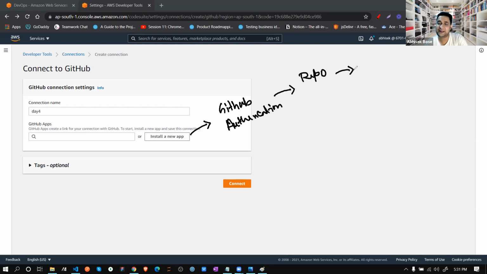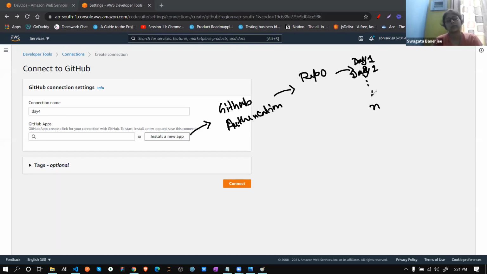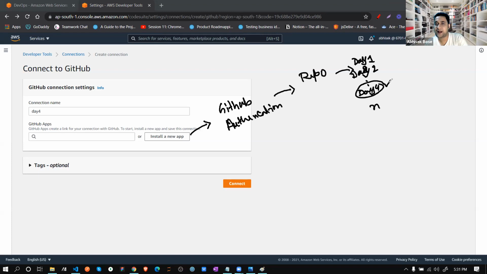Now in a single repo, as I already told you, you have one to n branches, correct? Like I created and sent to you, day 1, day 2, that way. So suppose I have a day 4 branch and I want to connect this branch.